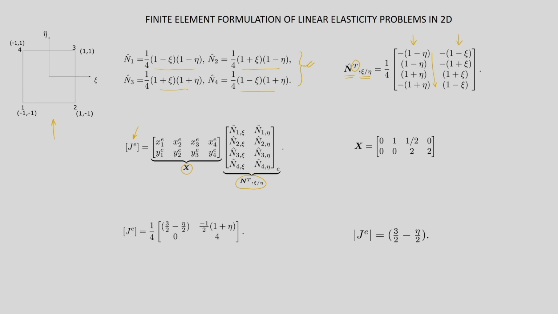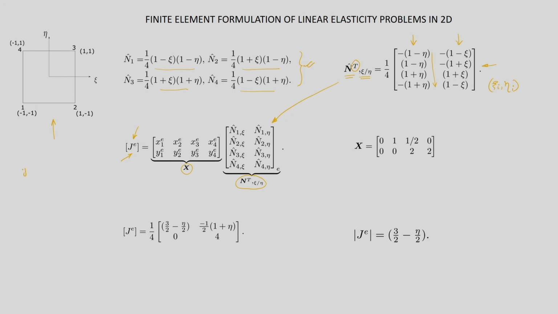So at a given point in the master element, say xi I, eta I, I can evaluate this matrix. That will give me the derivatives of the shape function in the master element at a given point. Now if we insert it here, because this is the same as that case, then we will get the Jacobian at that corresponding point. So this is the Jacobian matrix. How we arrived at this Jacobian, that also has been discussed.